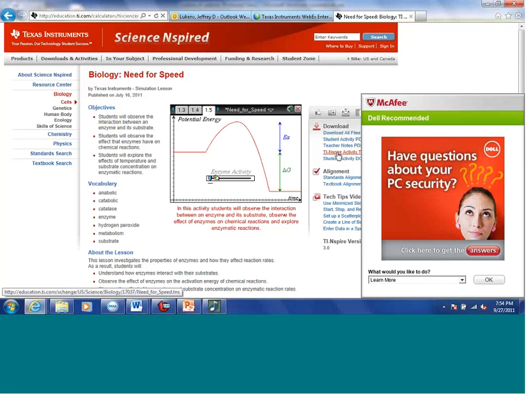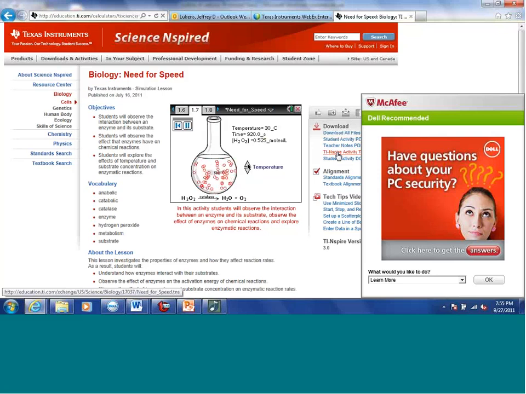And then the TI-Nspire activities, those all have the suffix TNS, which stands for TI-Nspire. And those are the ones that you can actually put onto your handheld device, the TNS files. Okay. So now what you can see when you get to the Need for Speed, it actually shows you a